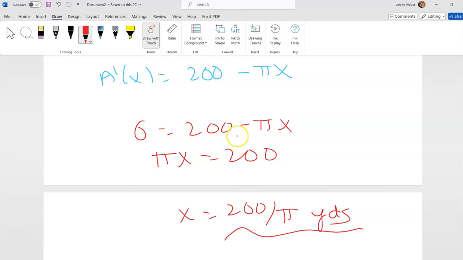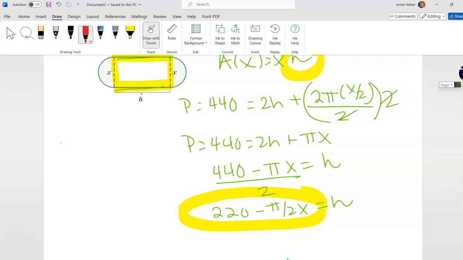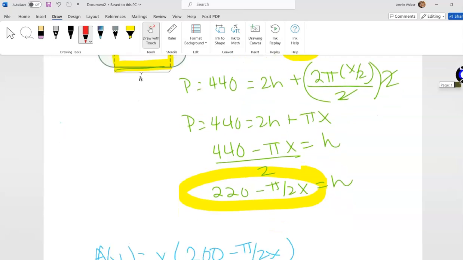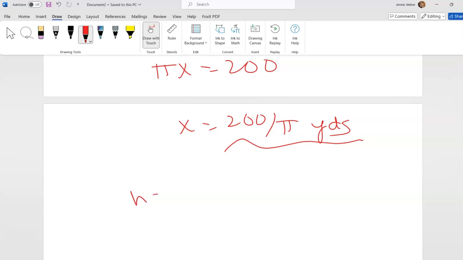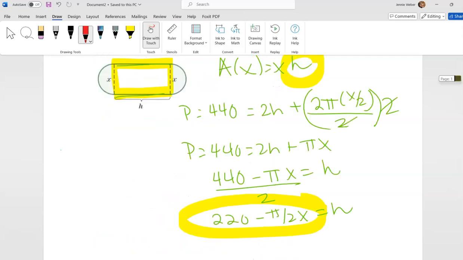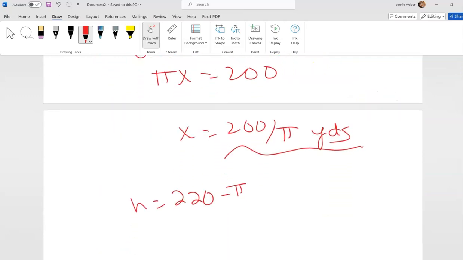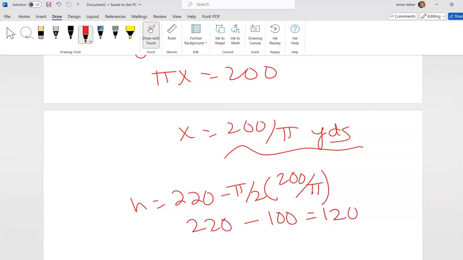And of course, if I wanted to come back and find h, I could do that. So I would come back here to my equation. So I would have h equals 220 minus pi over 2 times 220 over pi, right? So then those are going to cancel, 220 minus 110 equals 110 yards. That would give me my length. So